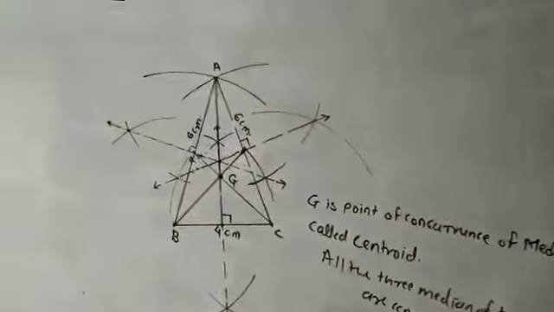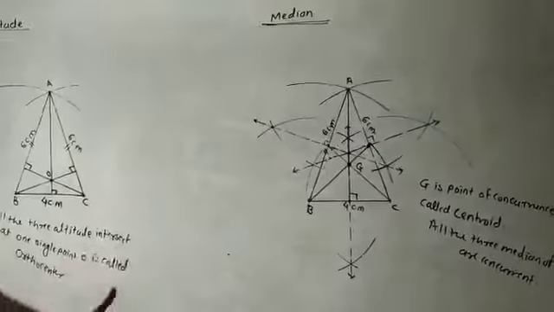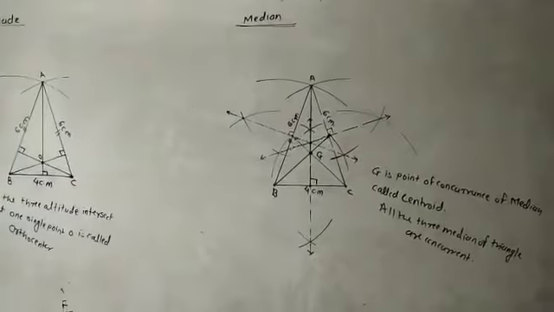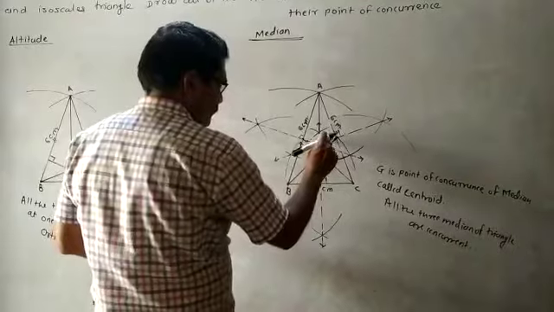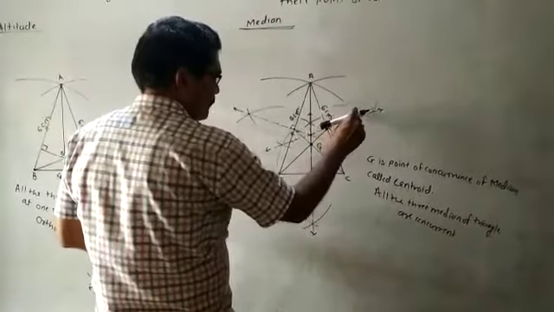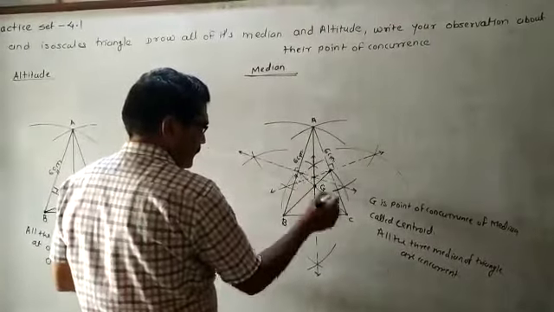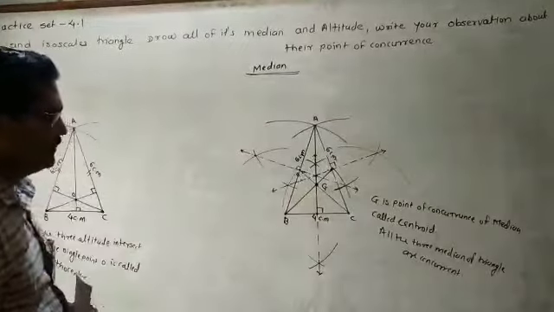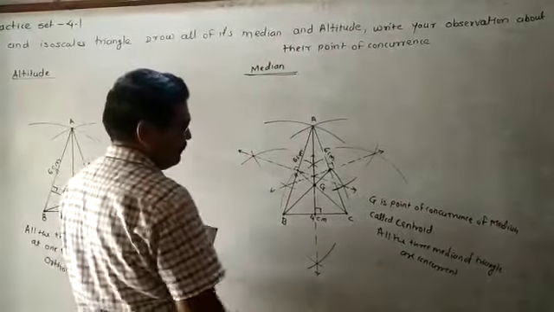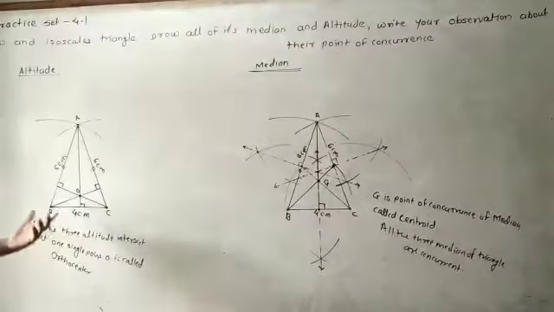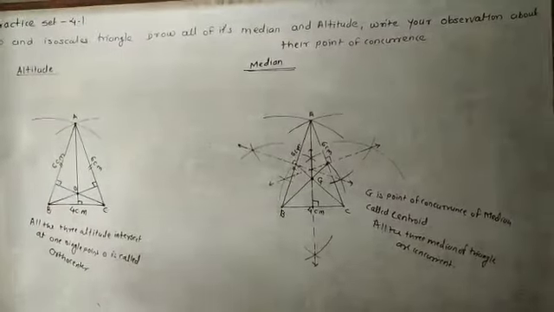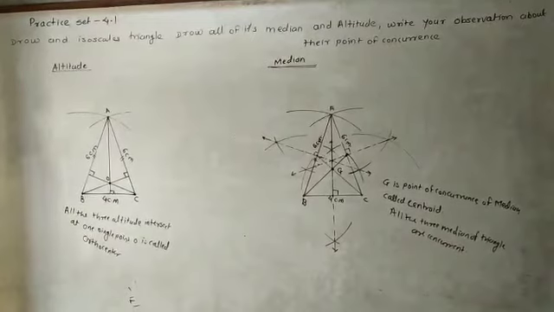I think this is our conclusion after drawing the diagram, and you have to draw the diagram like this properly. Okay, the dotted line is the perpendicular bisector and the dark line is the median. In this way you have to draw the perpendicular bisector and the median for this diagram, and here you have to draw the altitude. I think you understand all these things properly. You have to draw the diagram. Thank you.